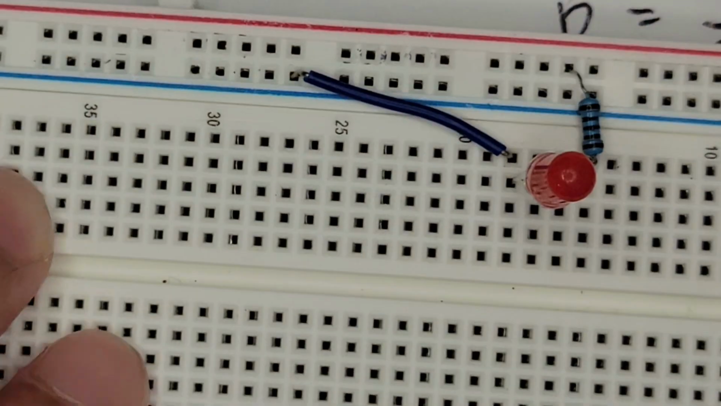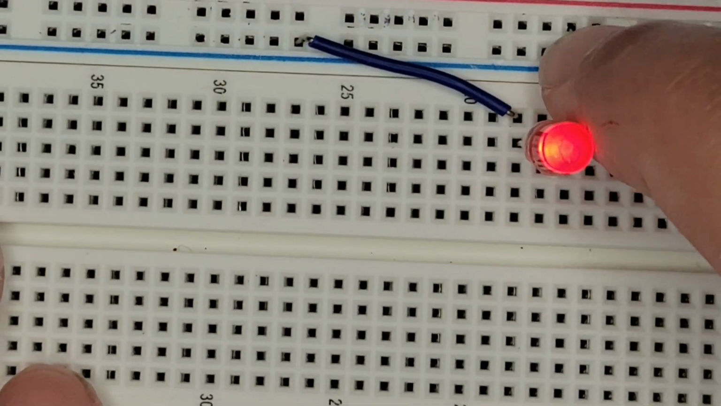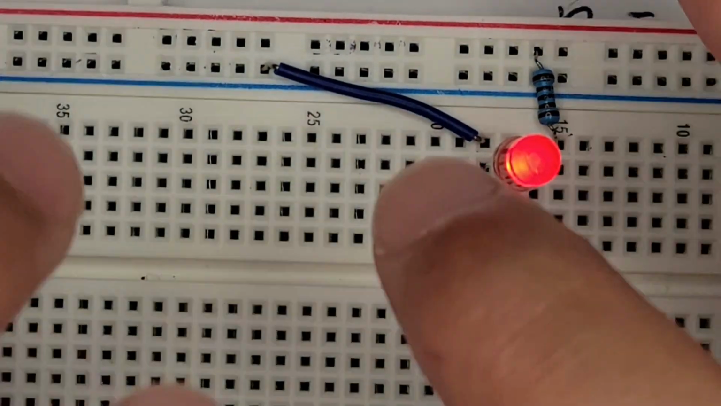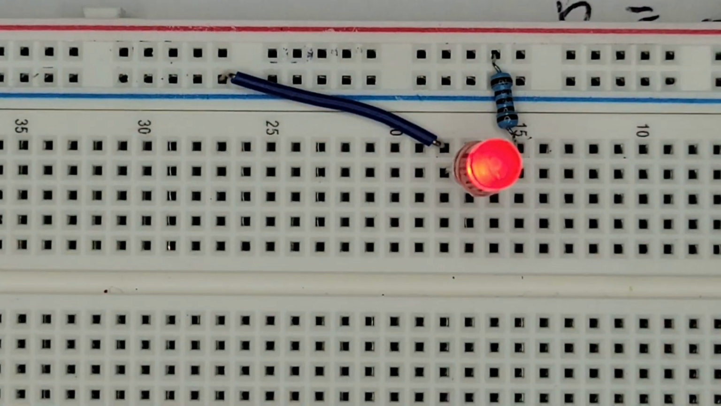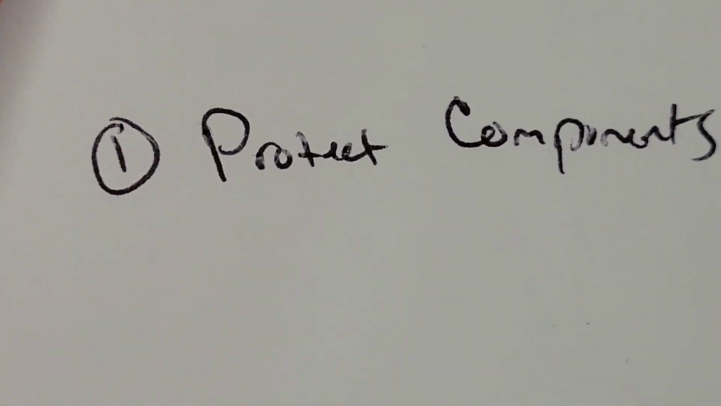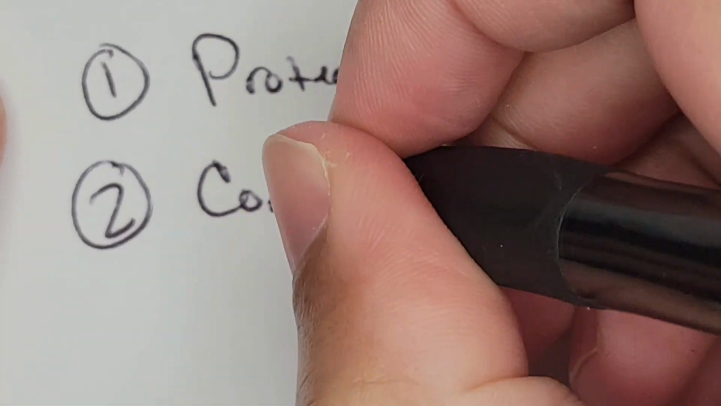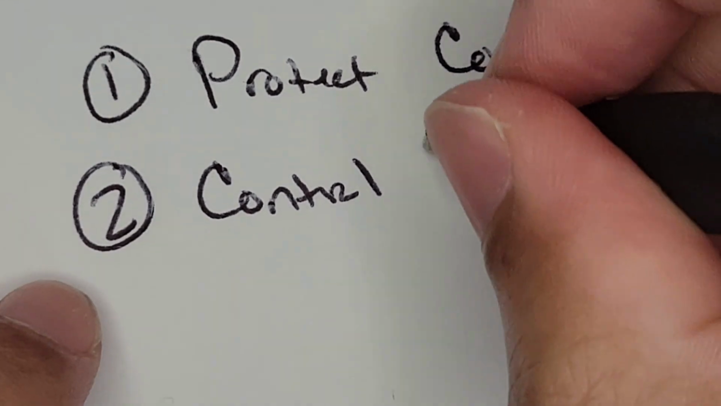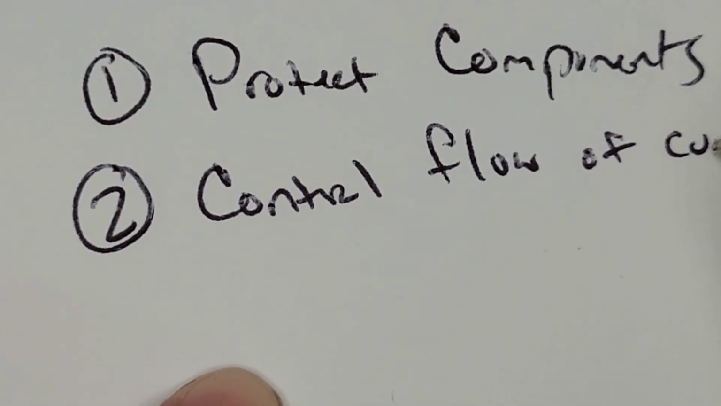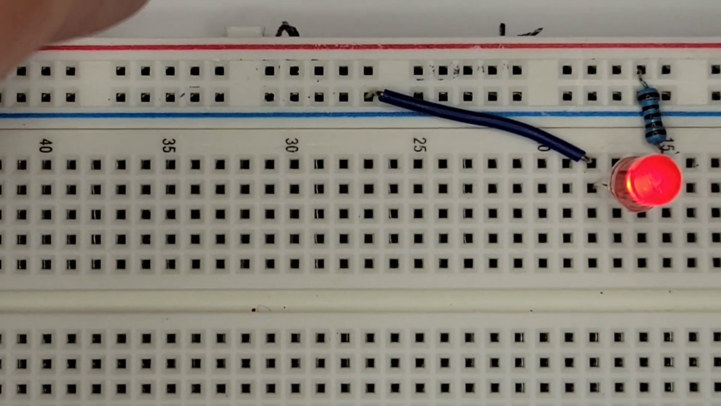So right now, I actually don't have... Okay, sorry, this wasn't plugged in properly. All right, so this is working now. The other main use of resistance is to control the flow of current. And the way that we can demonstrate that